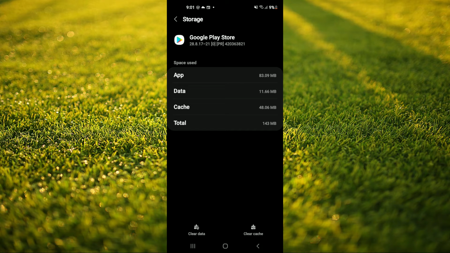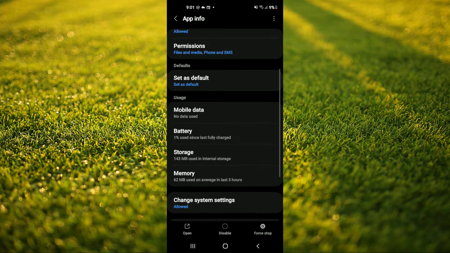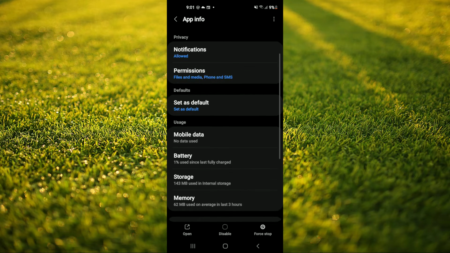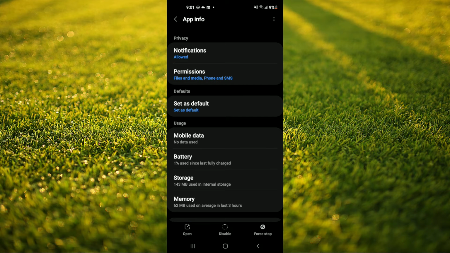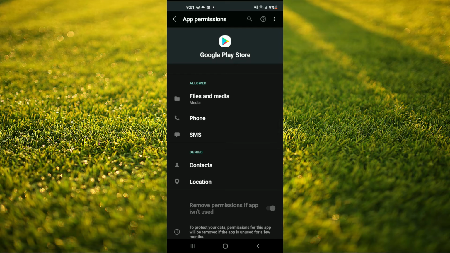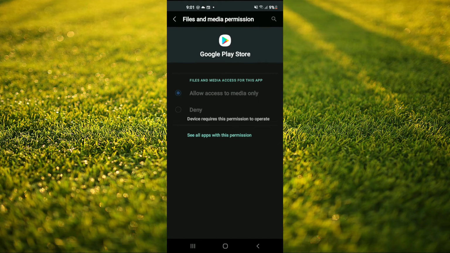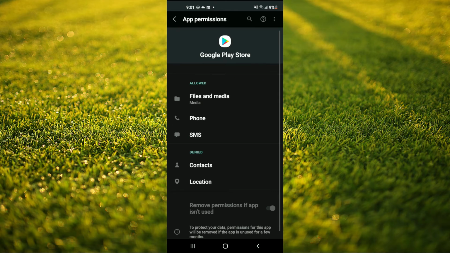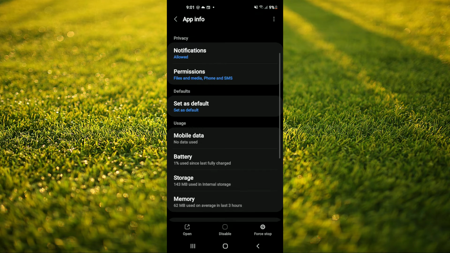After you have selected clear data, you're going to go back. Then you're going to scroll up and you're going to select permissions, and you want to ensure that files and media permission they are granted. Allow me access the media only, and then you're going to tap back